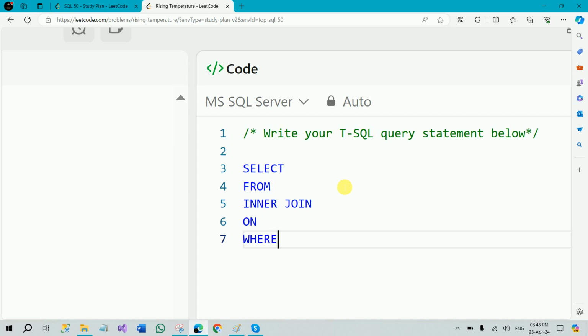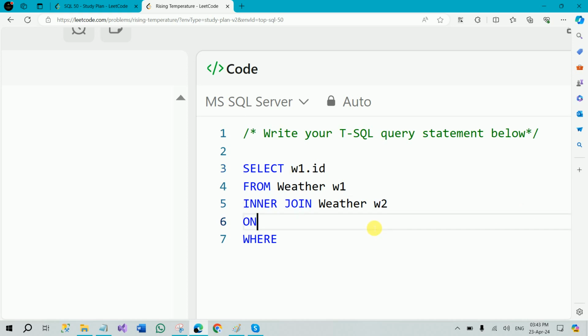So let's start. We need to get the ID, and from is the weather table. Now as both are weather, let's create instances for that, so it is easy for us to reference them. So we have to get the ID from weather 1,